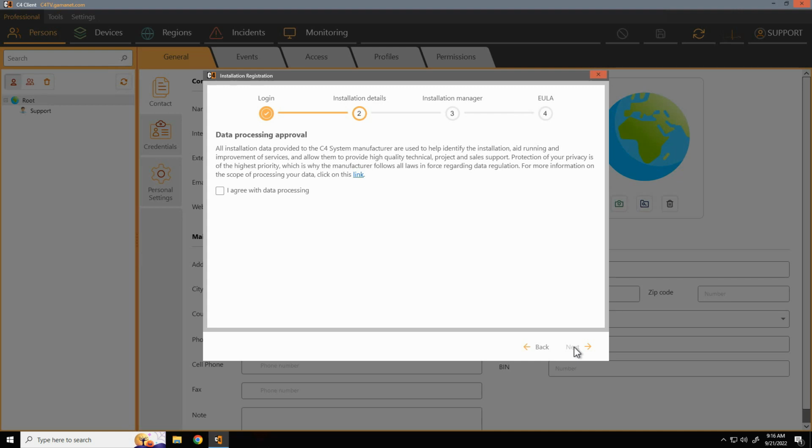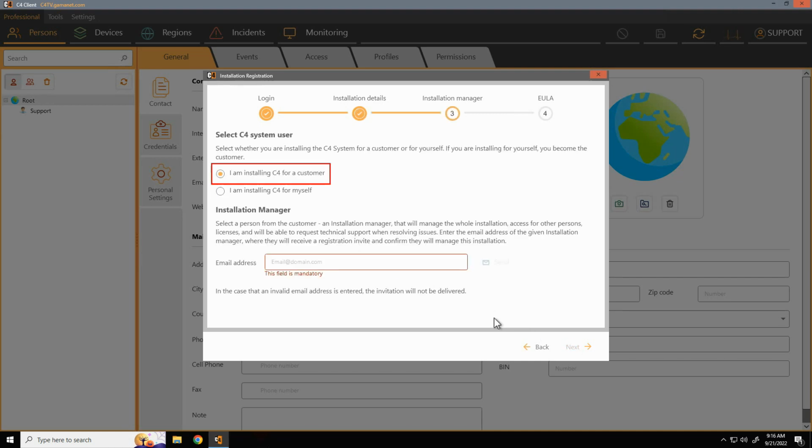The registration process collects information about the given installation, about the computer and server, which is then registered in the central database of registered installations. This data is necessary to improve the quality of our customer support. Since this is sensitive information, your consent to process this data is necessary. Define an end user's responsible person, who will have the highest privileges access to the registered data of the installation. This person is called the installation manager. He will permit suppliers to generate licenses from activation keys on portal services.